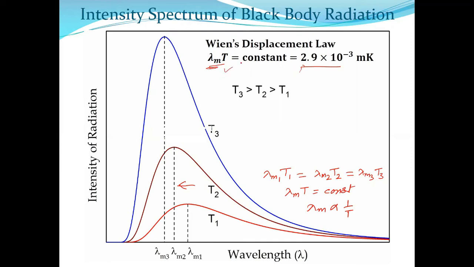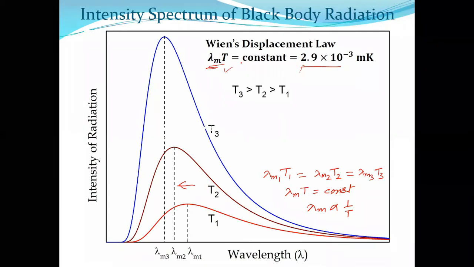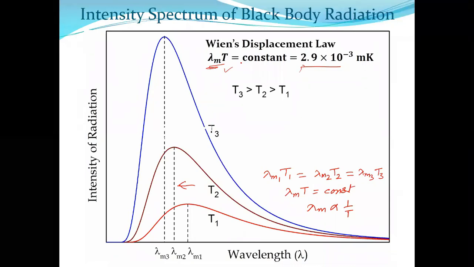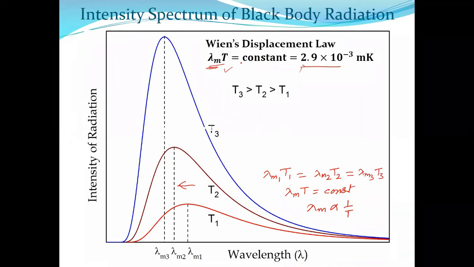Simple. Very simple. Suppose you are at home, you are using a heater, just a coil, and when current flows through that coil, heat is generated and radiation is also occurring. Both you are actually getting from that. Now, there are several ways to measure the temperature. One is this. If you check what color you are getting from that red hot wire, if you can understand what color is radiated from that wire, that means lambda m is known, because as I told you earlier,